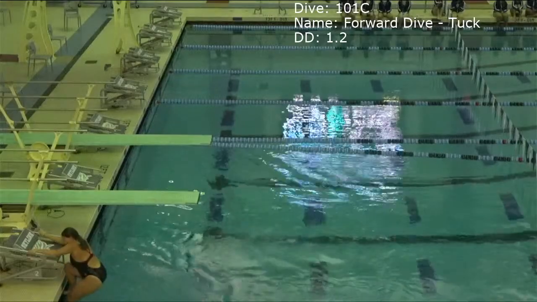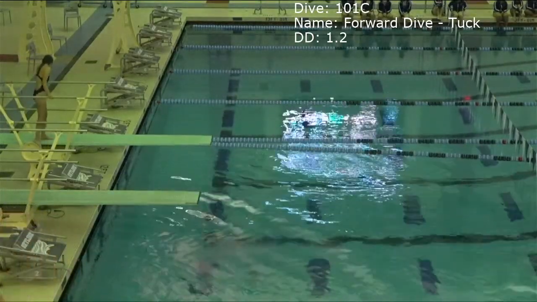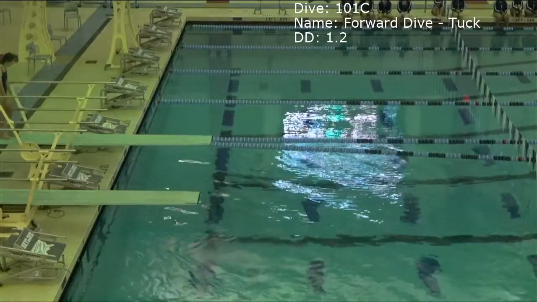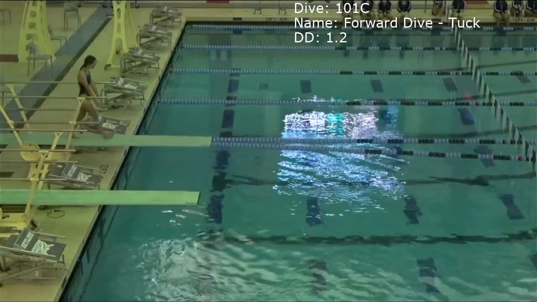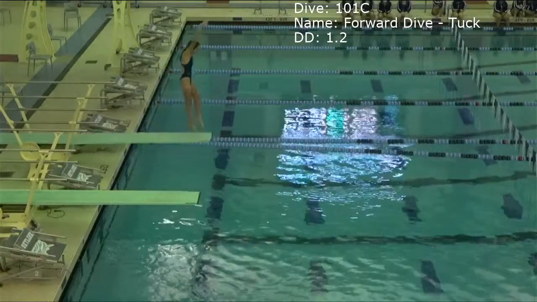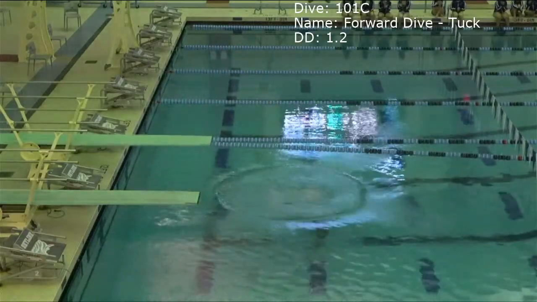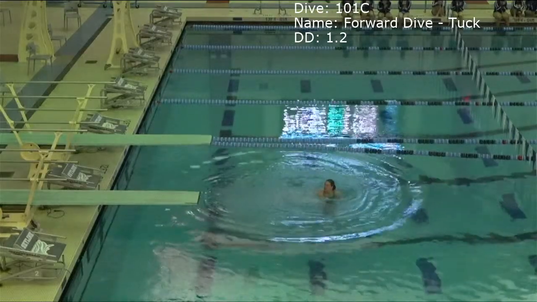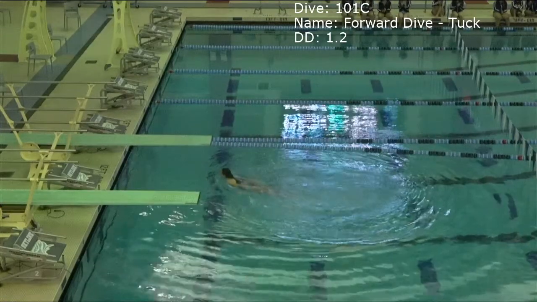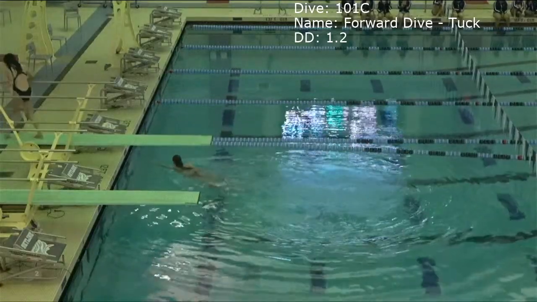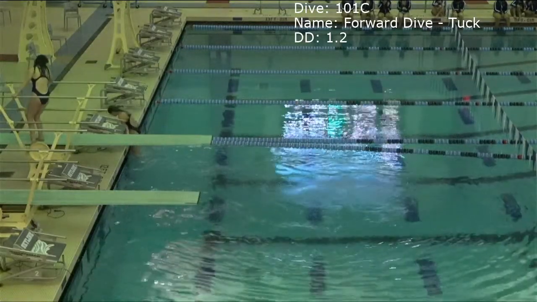This is Jill from Skyline, a 101C forward dive in the tuck position, a 1.2 degree of difficulty. Scores for Jill, 5.5, 5.5, and 5.5 for a total of 19.80.